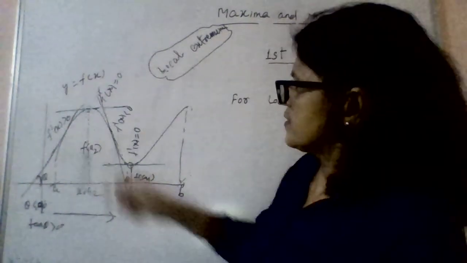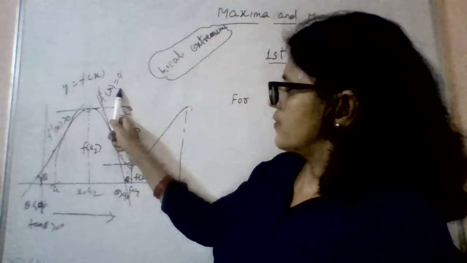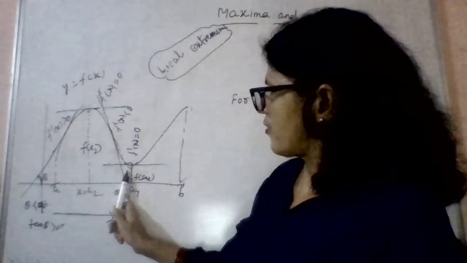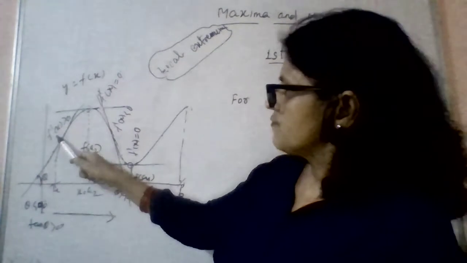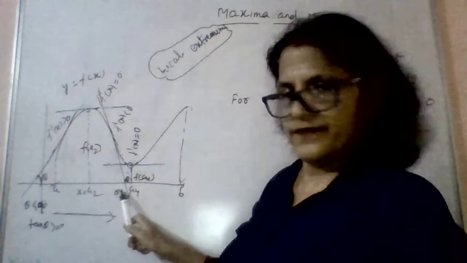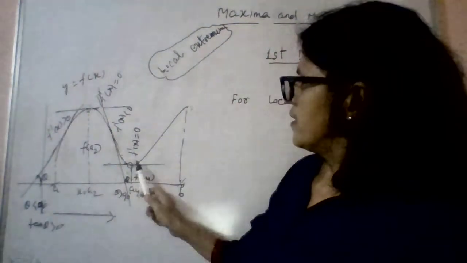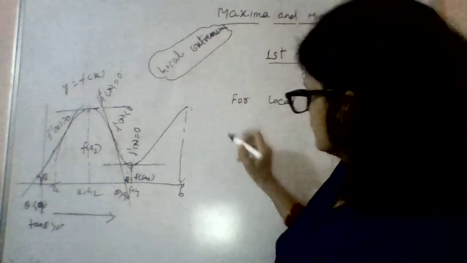Right? So it means at the point of local maximum, the first derivative is equal to 0. But when we move from left to right of this point, the sign of the derivative changes from positive to negative. Right? Similarly, in this case, if I take a tangent at any point, suppose we have,